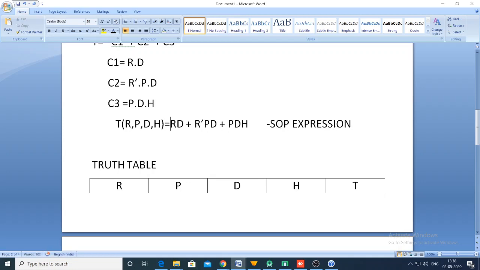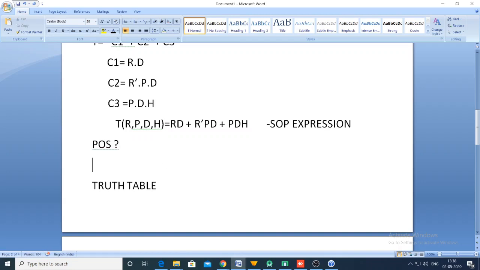So now it is in sum of product form. But the requirement is I want it in POS form. What is the POS expression? Product of sums expression, I want that. So how can I get the POS expression? Yes, first let us make a truth table